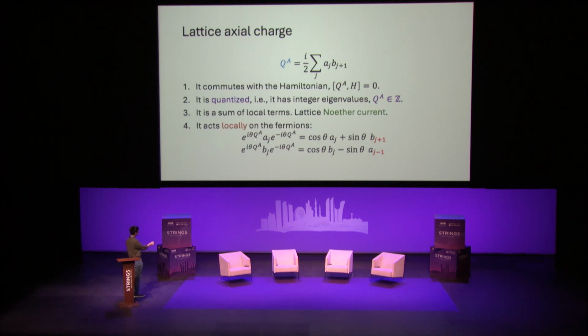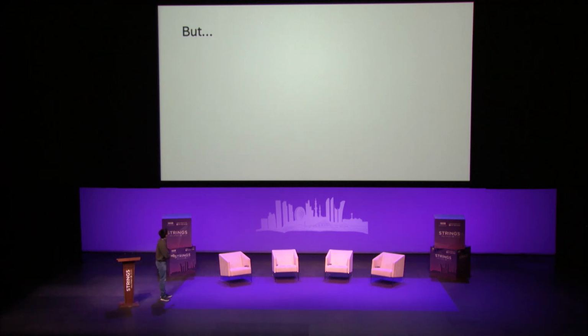Finally, when you exponentiate it, the way it acts on the fermion is completely local. It's not on-site in the sense of Shay-Chen's talk, but it only maps a fermion at site J to its neighbors. It doesn't spread out. It involves at most 3 fermions. So that sounds all good and rosy, but as I already alluded to, the new feature is that the vector